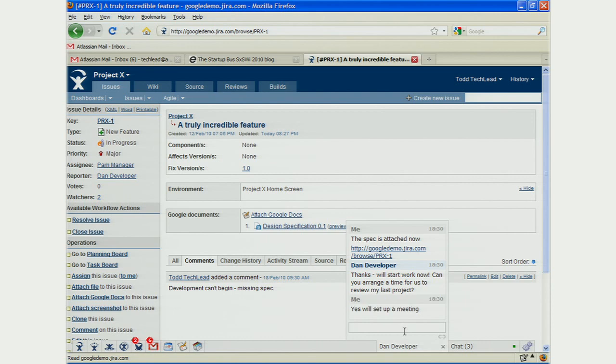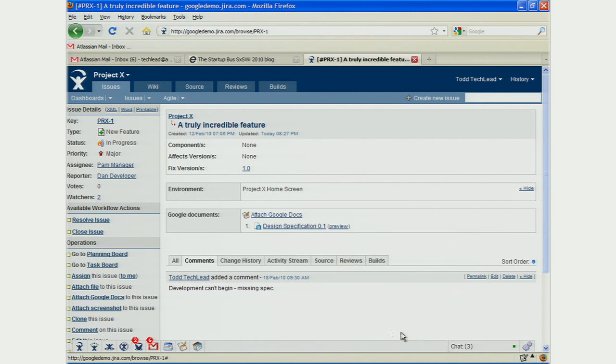So here we've sent the information to Dan, and then we have to set up a meeting to discuss with him later. Now, we think this integration of chat between your colleagues is incredibly powerful, but we didn't want to stop there. We thought, well, what can we do to take advantage of this integration between Jira Studio